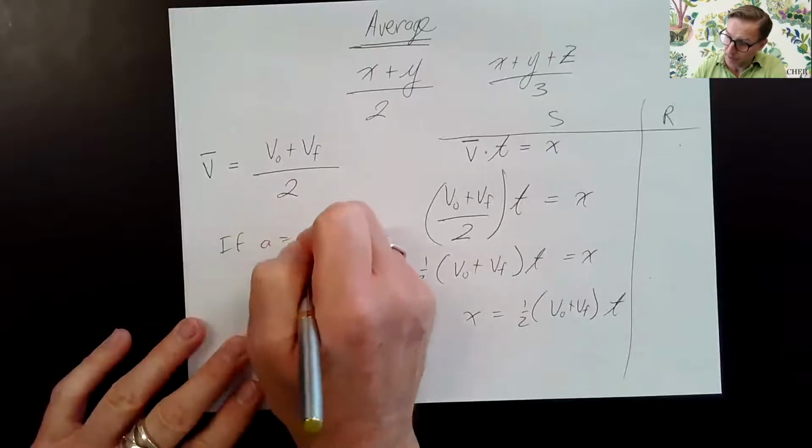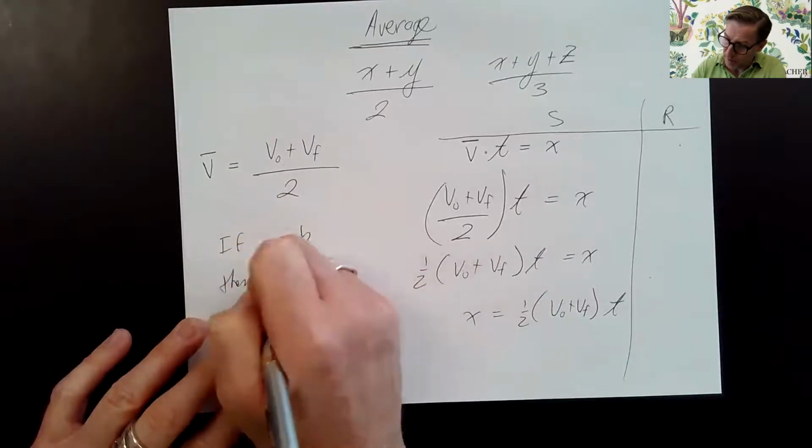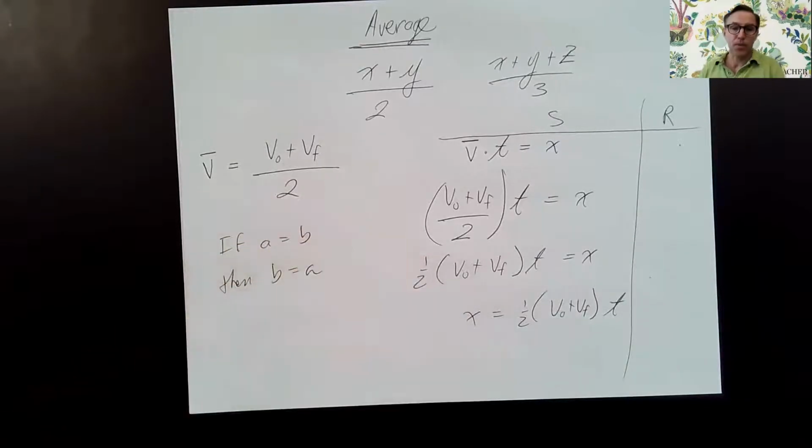If A equals B, then B equals A. I can switch the sides. That's called the symmetric property of equality. All right, so that's how we derived